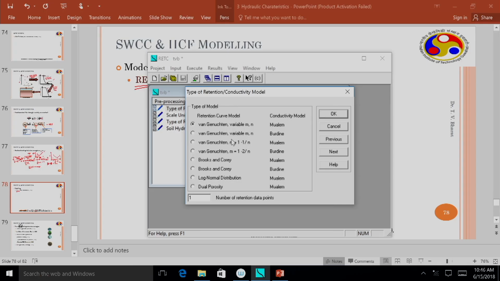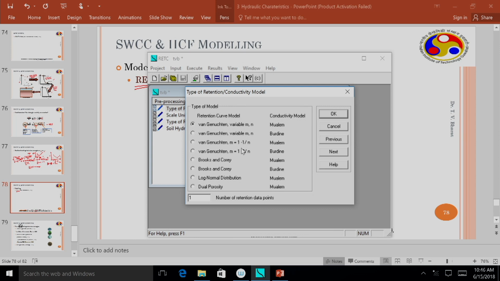So you have corresponding conductivity models also you can choose. You can choose Mualem or Burdine. So accordingly, once m and n parameters are estimated by optimization, the hydraulic conductivity functions are also determined immediately.